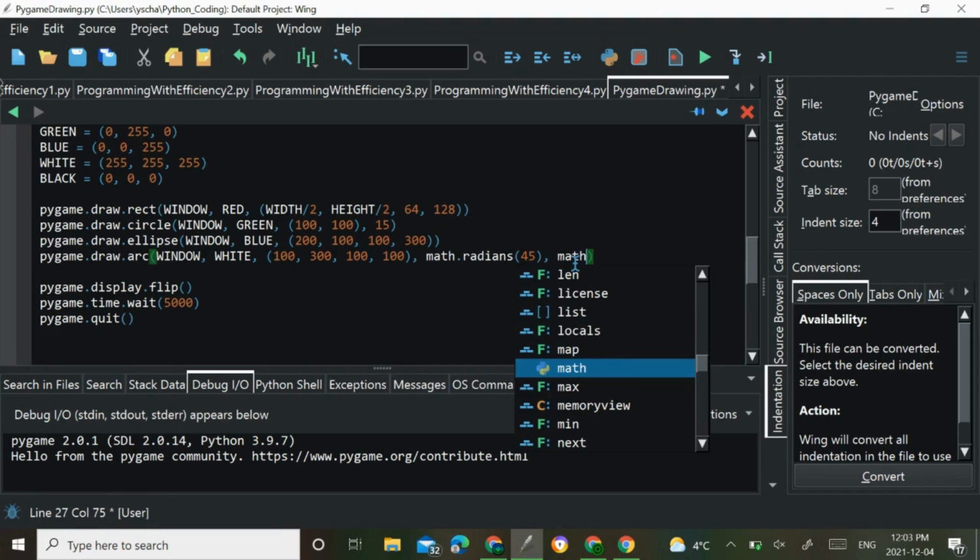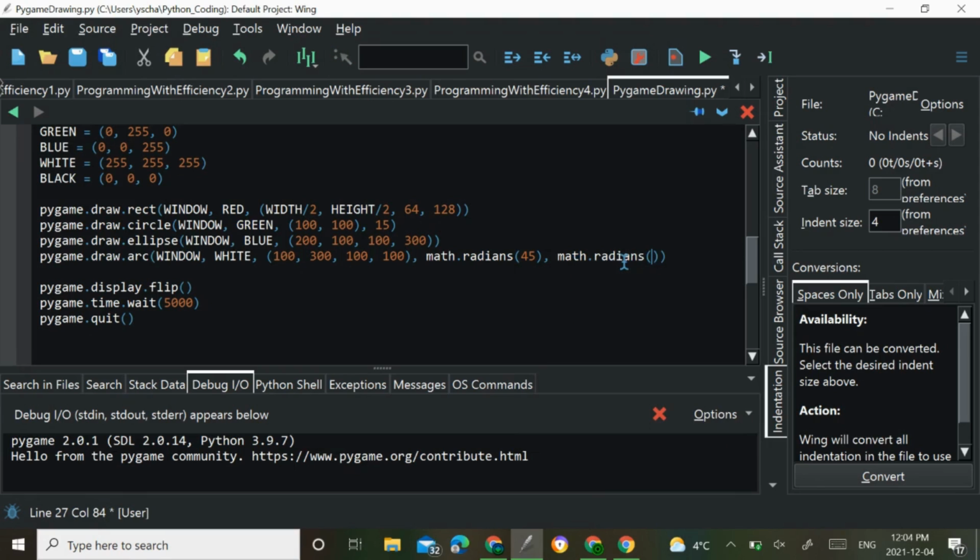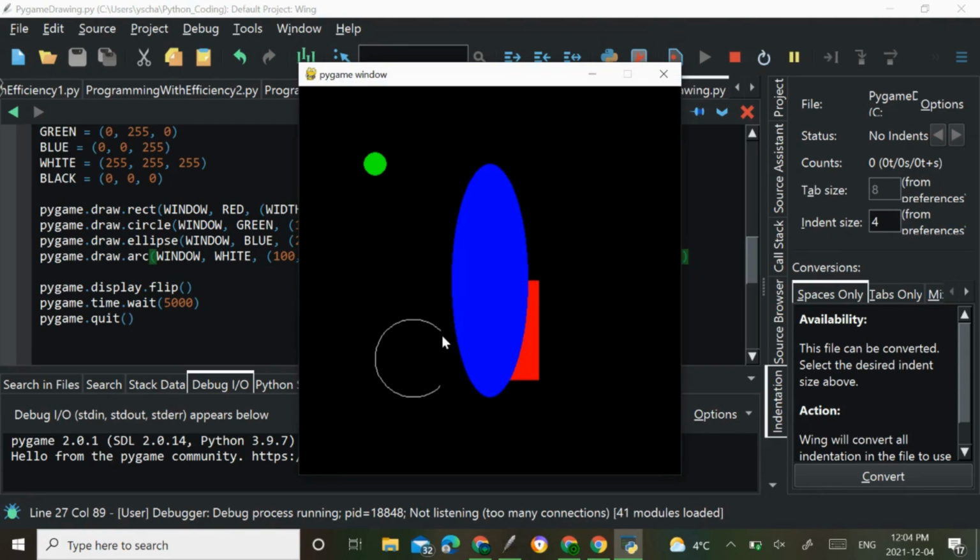It starts at 45 degrees and starts drawing an arc all the way around, and keep in mind that this is counterclockwise, all the way around to, what should the angle be? 315 degrees. So we will have a 90-degree angle kind of at a 45-degree angle, if that makes sense, at the right side of the circle. Essentially, it'll be a circle with pretty much the right quarter cut out of it. You'll see what I mean. So let's do this, and boom, you see that